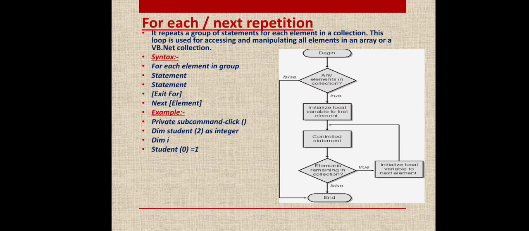student(0) = 1, student(1) = 7, student(2) = 88. So this is the index of the array: since the array elements start from 0, student(0) means 1, student(1) means 7, student(2) means 88. And after that we write the code: For Each I In student, that means for each I in the student array,